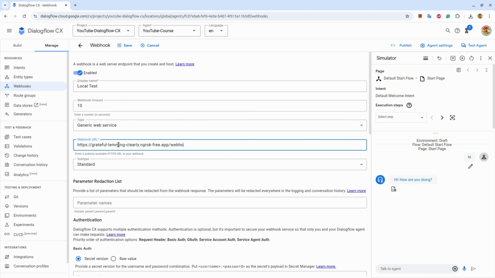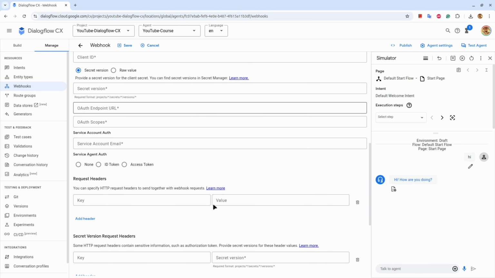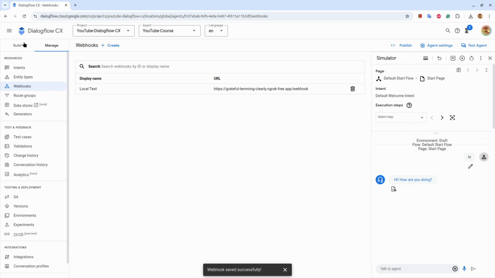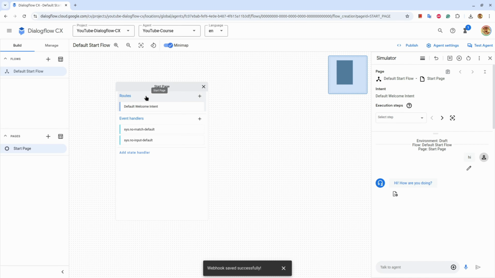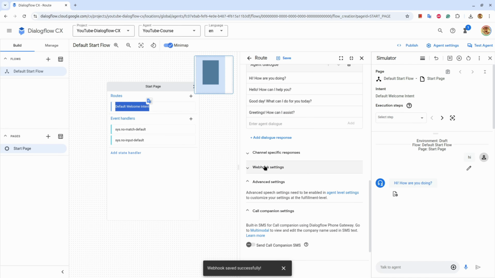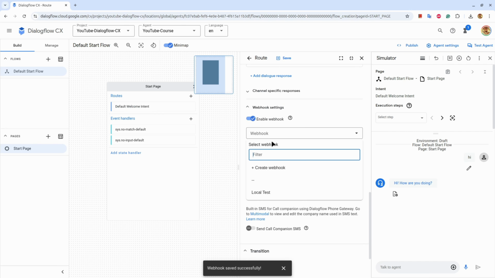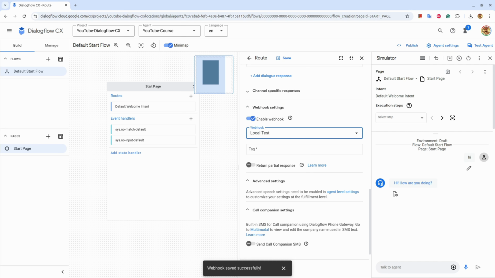Followed by webhook. Under this auth section, I'll add one key, X API key, and I'll just very quickly copy paste the value here and save this. Now I'll go to the build section. Under start page, under default welcome intent, I'll move to webhook settings, enable webhook, select the webhook, give the tag name, save this. Now if I replay this,